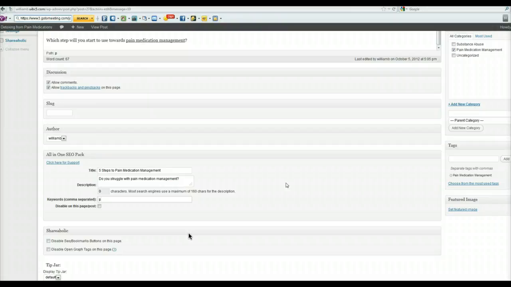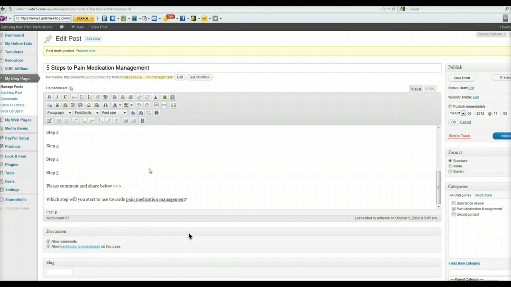pain medication management. Does it matter if it's capital or small? You want to keep it all lowercase. Great question. For this particular one you do. Down here in the SEO pack, yes, you want to keep it all lowercase. What about in the title? No, in the title's fine. It's just in the keywords area. Okay, now scroll back up to the top and hit Save Draft